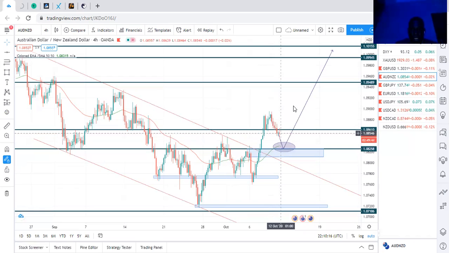I'm not going to go into that yet. So if the governor comes out and says it is a no deal for the British and European Union agreement, if they decide it is a no deal, it's going to affect the pound, I think, negatively. So guys, that's what I'm looking for on AUD NZD.